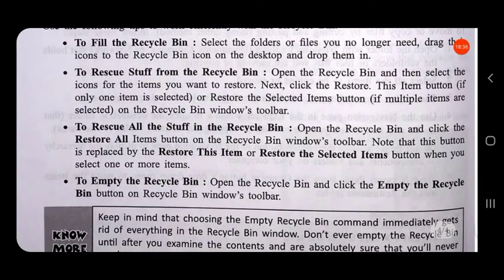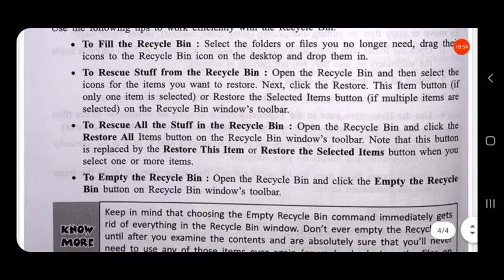If you want a file which you have deleted earlier, go to the recycle bin, then right click on the file which you want to restore and click on the Restore option on the menu. Then your file will be saved again to the previous location where it was stored.